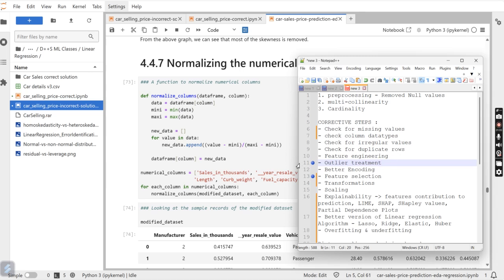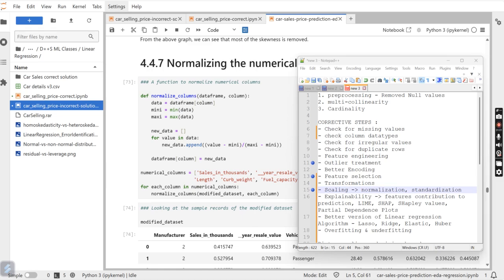This is what your question was. Feature scaling is the question. This point, scaling part. Now, scaling part is of two types. One is called normalization, and another one is called standardization. Now, normalization means,